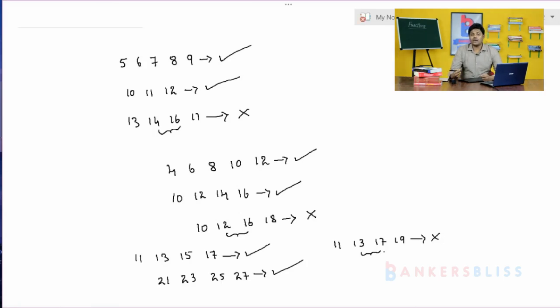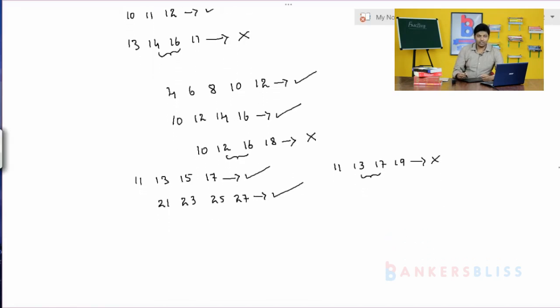Okay, so now you have understood what is meant by consecutive numbers, consecutive even numbers, and consecutive odd numbers. Now you have to learn the nature of a number, how the number is made up. See here, for example, take the number 54. This 4 is 4 into 1, meaning 1 is the unit digit. Next, 5 is in the 10th place, so 5 into 10, that is 50, and 4 into 1 is 4. Therefore, 54 can be represented as 50 plus 4.